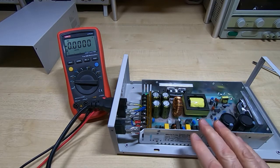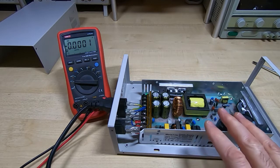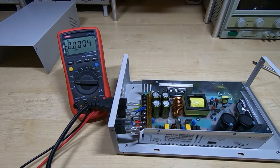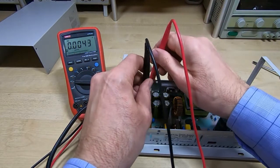I'll then do a full PAT test on this. I'll do that off camera. It is a bit time consuming, and then as long as that passes, then I can continue with the assembly. So I'll power this up. Hopefully there won't be any flashes and bangs. Okay, so it looks good so far, and now I'll try connecting the test meter to what should be the